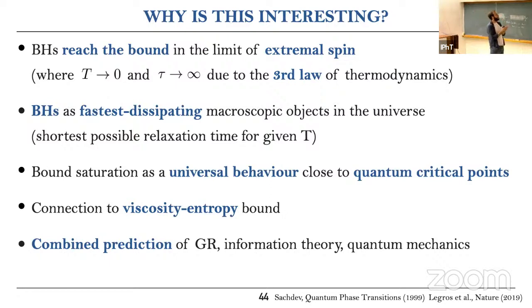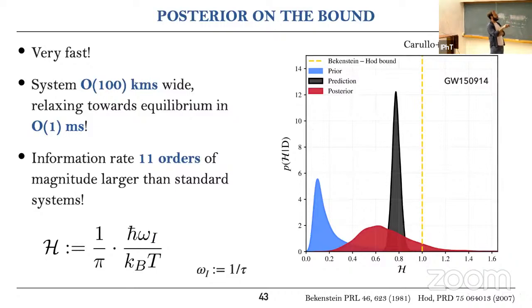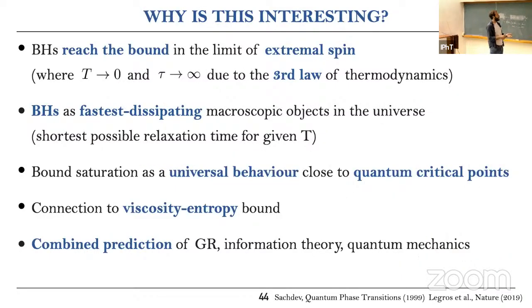So first of all, because this bound that is predicted here is not something that normal classical systems would get. The bound saturation is a universal behavior of systems close to a quantum critical point. So if you open the book of Sachdev, this is one of the first things it tells about quantum phase transitions, and the fact that the black holes actually saturate these bounds is actually non-trivial. Of course, it's one of the many puzzling things about black hole thermodynamics. I'm not saying there's a new prediction here; it's just a reformulation of the prediction. But I think it's a very nice way of understanding how crazy these systems are and how crazy are the systems that we observe. And yeah, it also is connected to something that probably is known in high energy physics, which is the viscosity entropy bounds. But okay,